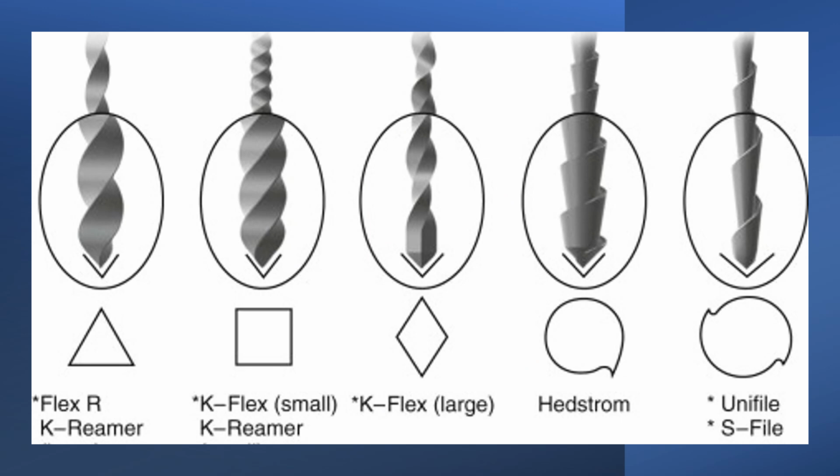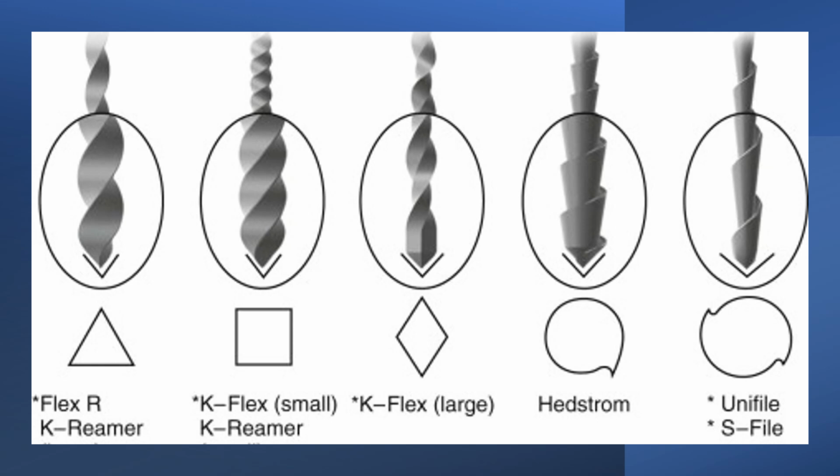So now under the file, you don't need to know much about file. So whatever I have explained about the K file and reamer, little bit, just a brush up about the cross section of it and how the blank looks. Just keep in mind, all the blanks will be either square or triangular in case of a K file, whereas in H file the blank will be round. And under the cross section, if you see, the H file cross section is very typical. It is called as single helix teardrop cross section. So that is typical for H file, whereas the Unifile and S file, they are just modifications of H file, and the cross section for that is a double helix cross section.